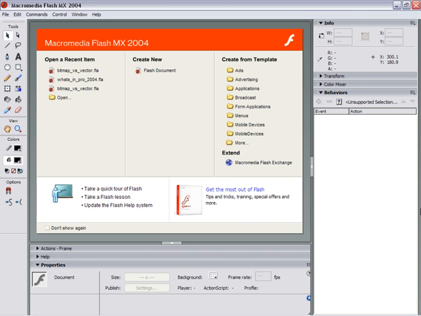Flash is one of those programs where you would benefit greatly from having more than one monitor attached to your computer. As you can see here in this interface, there are just tons of stuff all over the place. There's all sorts of tools and windows everywhere. There's lots of information crammed into this space. So if you have a second monitor attached to your computer, you can actually take some of these windows and put them on the other monitor, leaving your main monitor a nice big open space to actually build and design